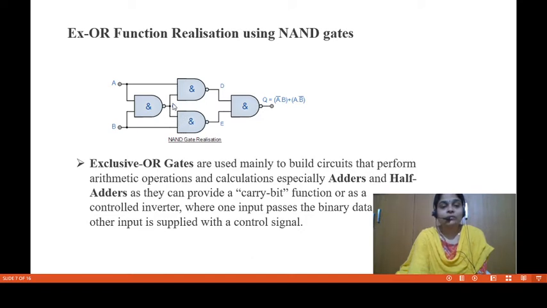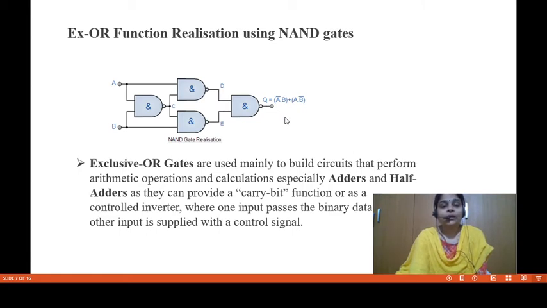The output of the first NAND gate is given as input to the second and third NAND gates, and the fourth NAND gate gets its inputs from the second and third NAND gates. So you can simplify this expression to get the XOR expression,